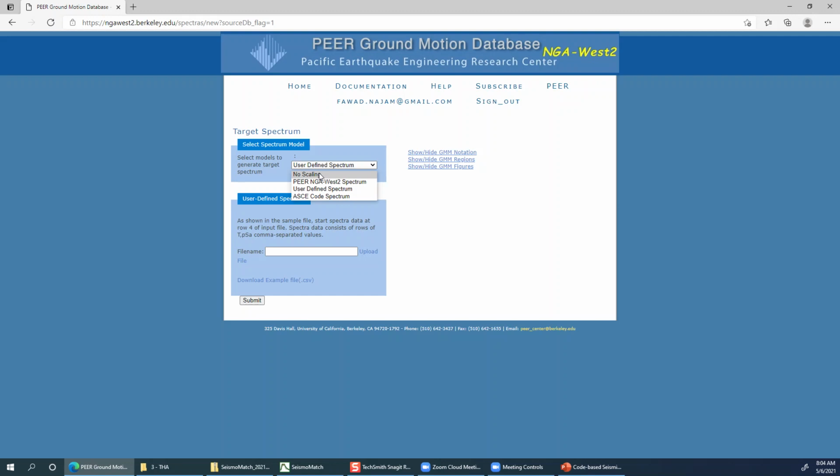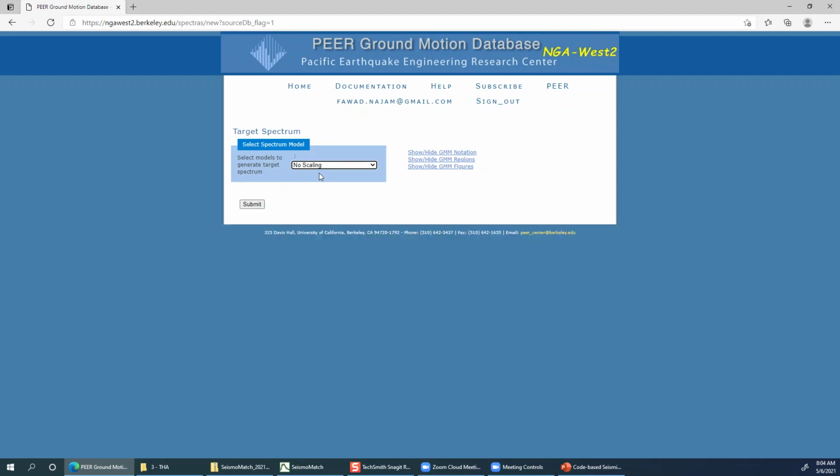Okay, and then we can modify those ground motions ourselves later using either SeismoMatch or ETABS. I will basically demonstrate two ways to modify those ground motions. Currently I am selecting no scaling.